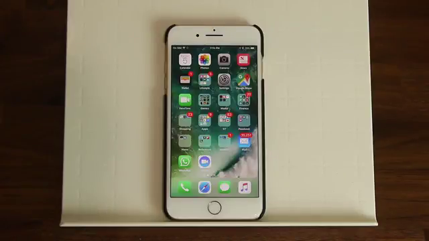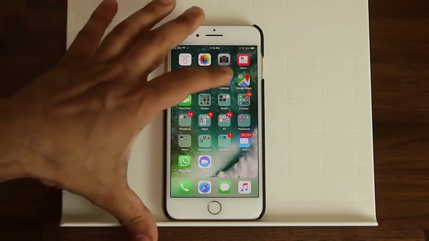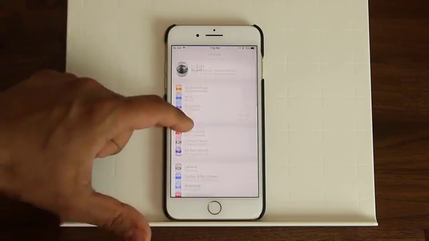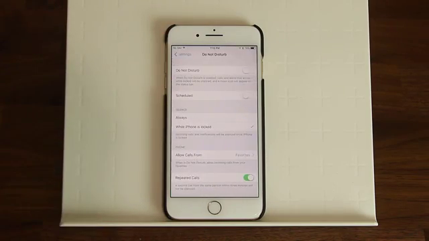And one more thing that I'm not going to be able to demonstrate, but I want to talk about because I like the idea, is obviously you have a setting called the Do Not Disturb setting, which when you enable this, you don't get notifications. It blocks out the notifications. Maybe you're working, maybe you're sleeping, you do not want to get notified, so you turn on Do Not Disturb